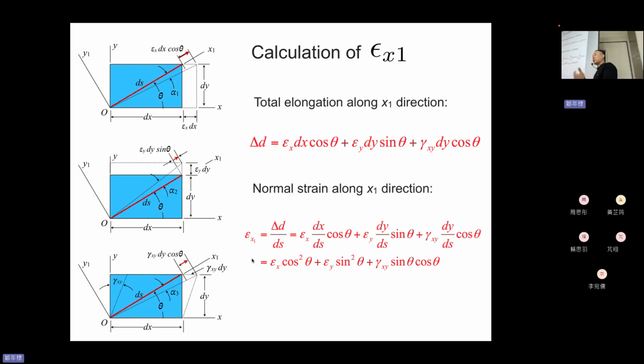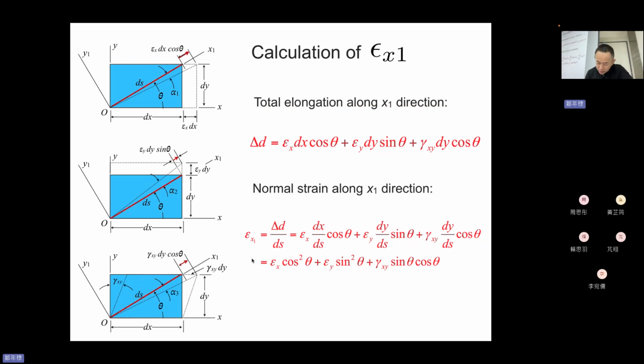you see I spent some effort to explain this? Because this is kind of a proof that I'm not using force, stress times area, and doing the force equilibrium. So this is kind of different, right? So I've spent some time to discuss this. All right, so calculation of epsilon x1. Total elongation along the x1 direction has 3 contributions, epsilon x, epsilon y, gamma xy, and we are going to find